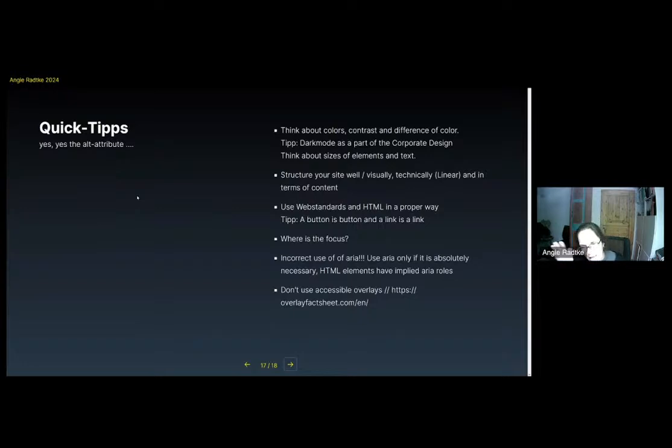And here, the last one, incorrect use of ARIA. ARIA is very, very cool stuff. It extends HTML. But at the moment, everybody is putting it like a can over the website, and we have ARIA attributes where native HTML has its own implicit ARIA role. So, for example, if you have a nav element, the implicit role is navigation. You don't have to add role navigation to a nav element. You don't have to put banner on a header element,